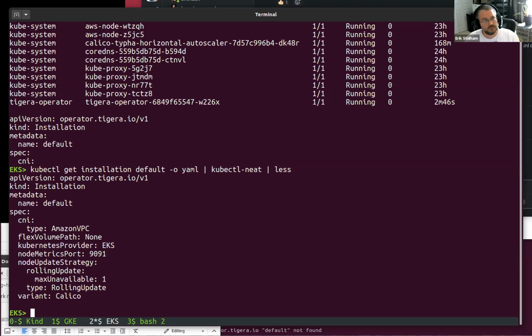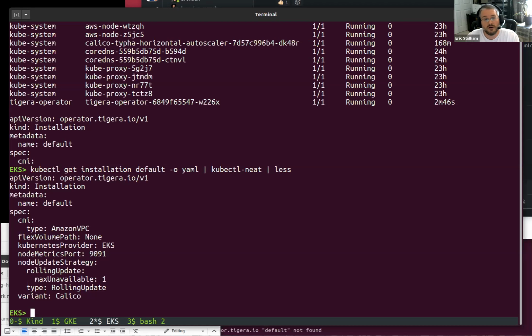And so for the most part, we don't want to need edits to the daemon set. If something has to be set in the daemon set, then we would want it here in the installation resource. But ideally, if it doesn't need to be in the daemon set and it can just be in Felix config, you would still have the ability to change that Felix config. There are a few things right now that get set through environment variables that we do want to stop setting as environment variables.